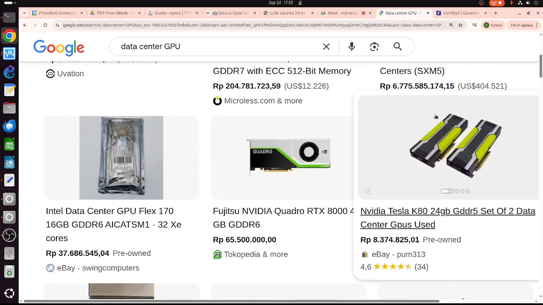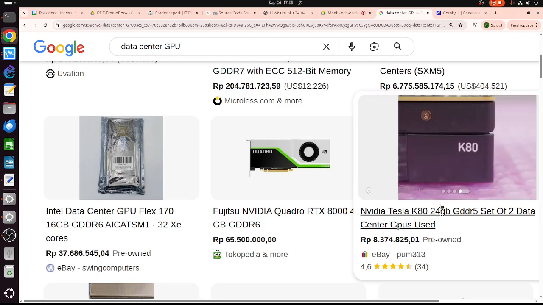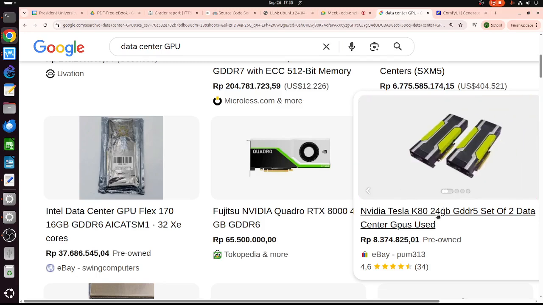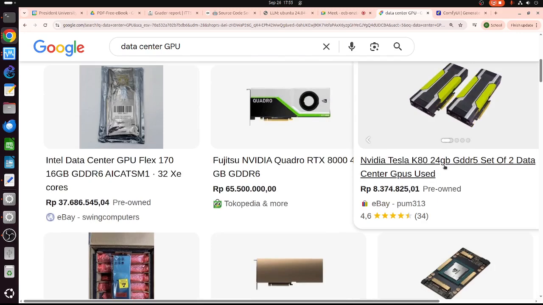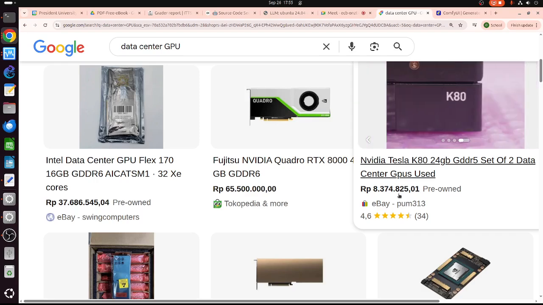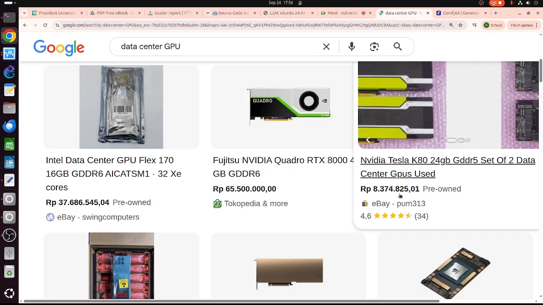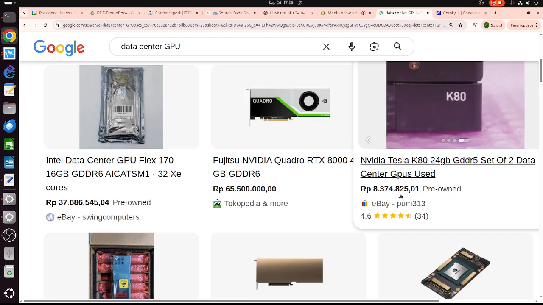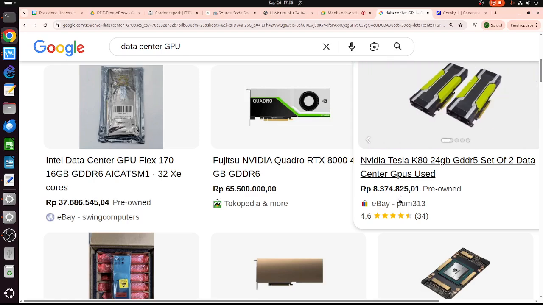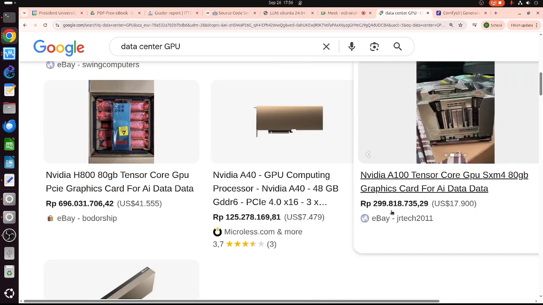But we have to check whether it can run using the latest NVIDIA driver on Ubuntu on Linux, because I normally run it on a server. This one is also pre-owned. But be careful if it is pre-owned. Some of it is used for Bitcoin mining. So maybe the efficiency is degraded because of the mining process.